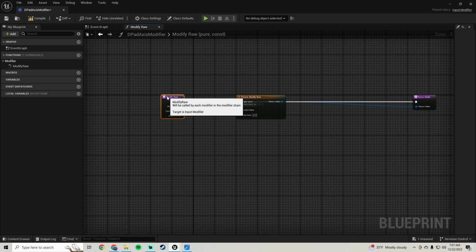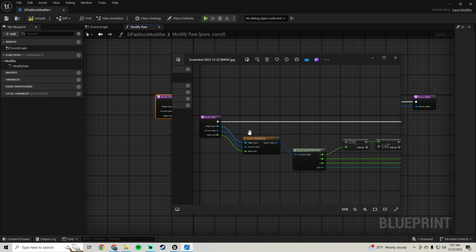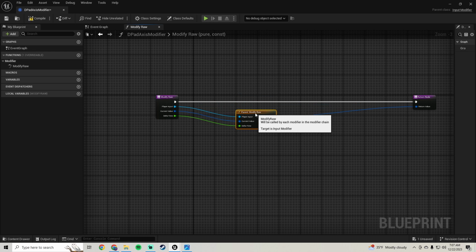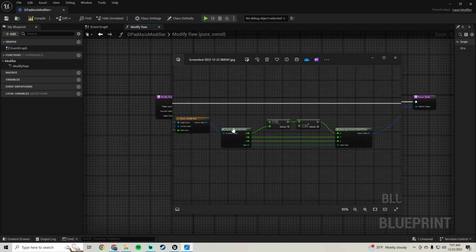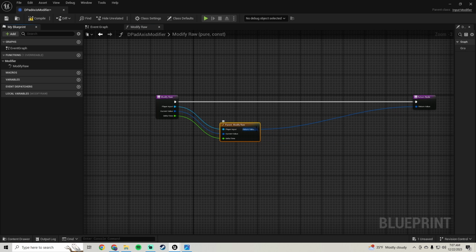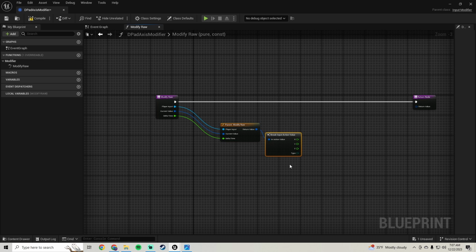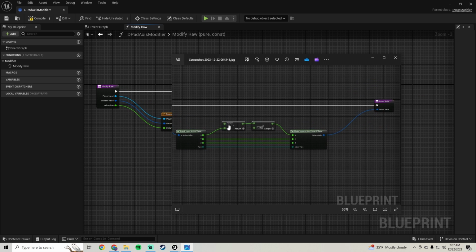Let me check my notes here. We need to add all of these into the parent modify raw. So player input, current value, and delta time right here. Then what we need to do is break the input here. So just disconnect this, and we're going to type in break, and we're going to get that. Then we need to subtract this number and then divide it by a number, and then make